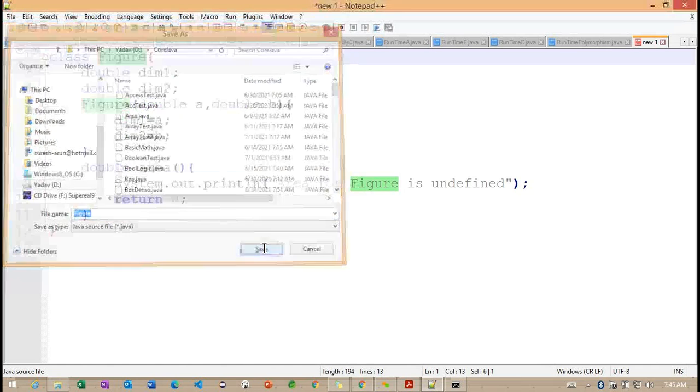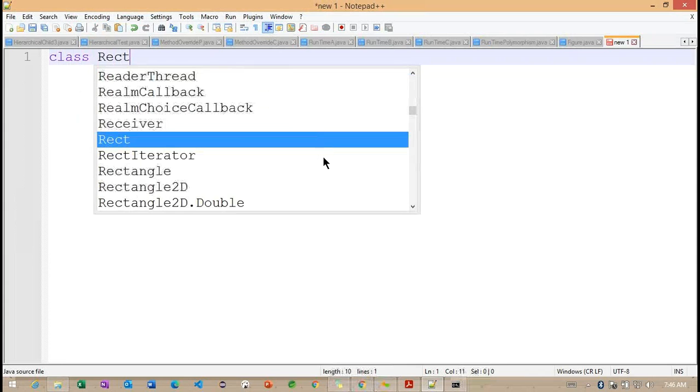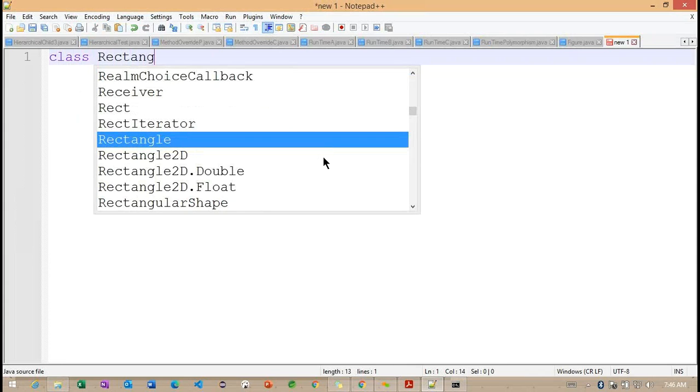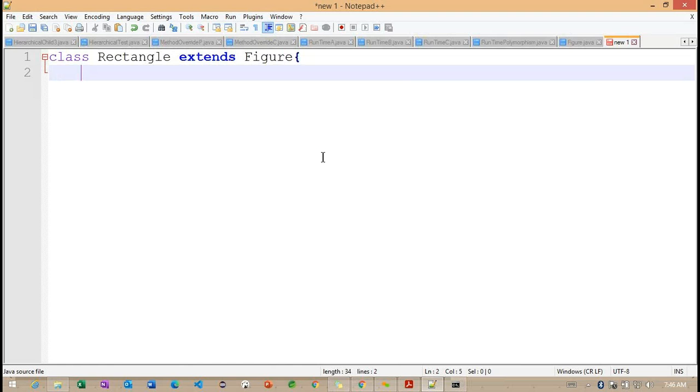Let me save this Figure class. And after this, I'm trying to create one more class here, Rectangle. This Rectangle is going to extend from our Figure class.